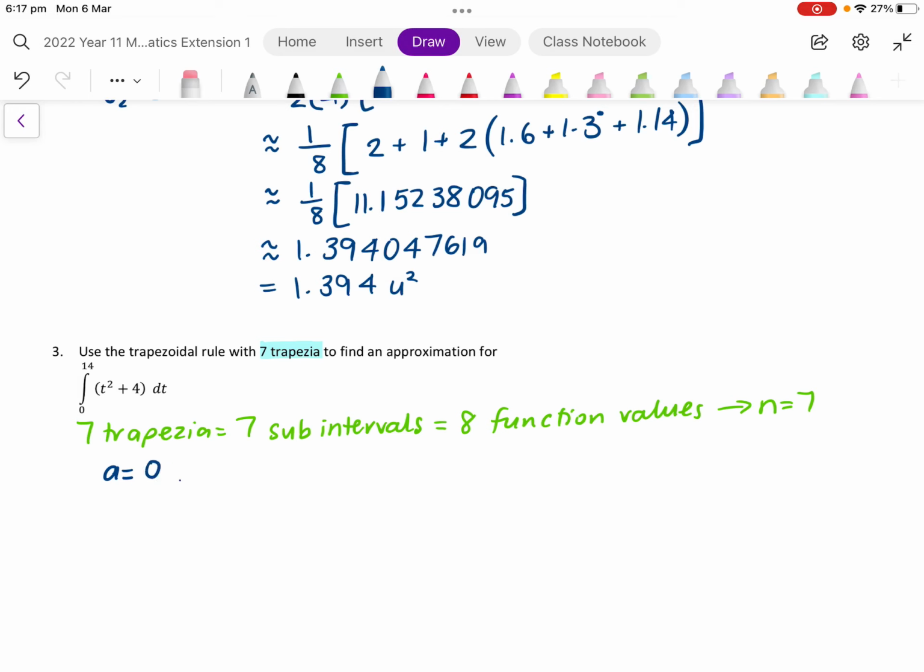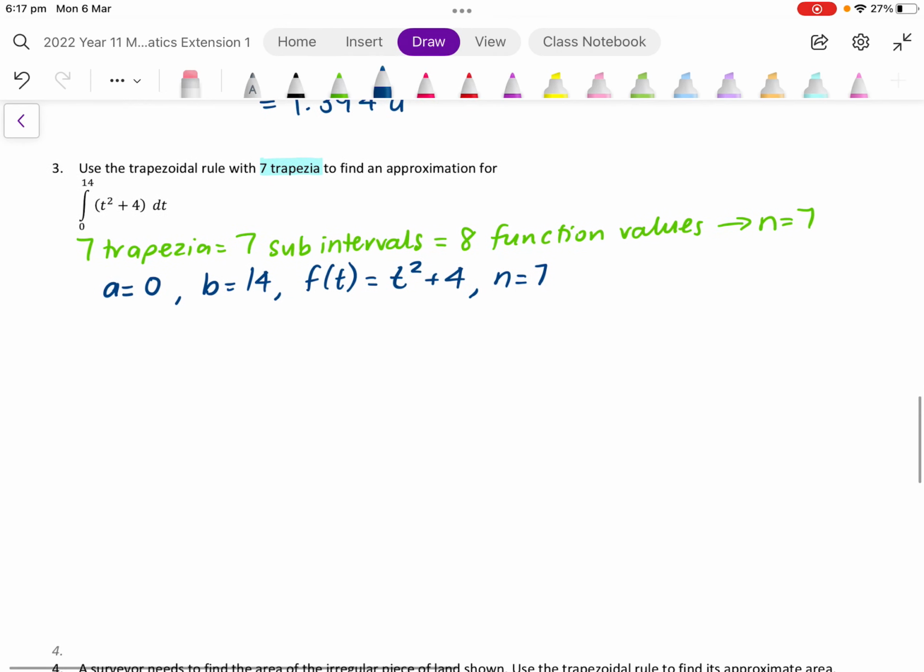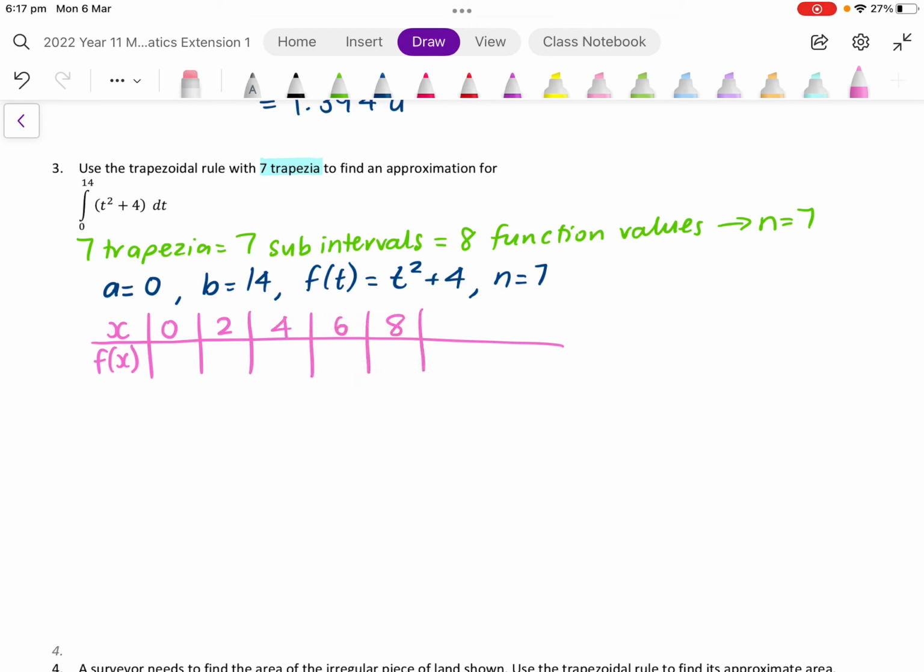Our a value we're given is 0, our b value we're given is 14, our function f of t in this case is t squared plus 4, and our n is equal to 7. We are going to do up our table, so we'll have x, we'll have 0, and we're going between 0 and 14 and splitting it into 8 values. So we're going to have 0, 2, 4, 6, 8, 10, 12, oh, so close, 14. And there we go. So then when we substitute in our x values into our function, t squared plus 4,